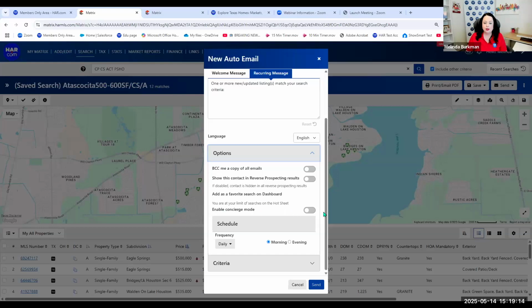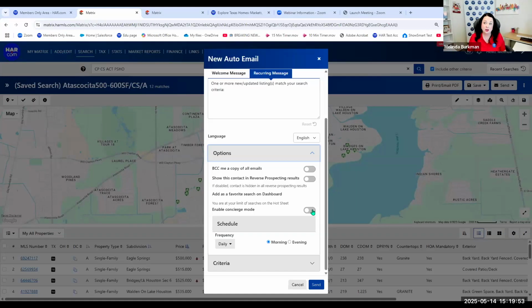I can enable concierge mode. Okay, concierge mode is for a very difficult search. So maybe your client wants only listings with a curved staircase on the left. There's not really a good way to search for that. If you enable concierge mode, then you're telling the system, show me everything in their preferred area, price range, bed and bath number. Send them to me first. I'm going to then look at every single listing, visually find that thing that they must have that was too difficult for me to search for, and I will then forward on individual listings.